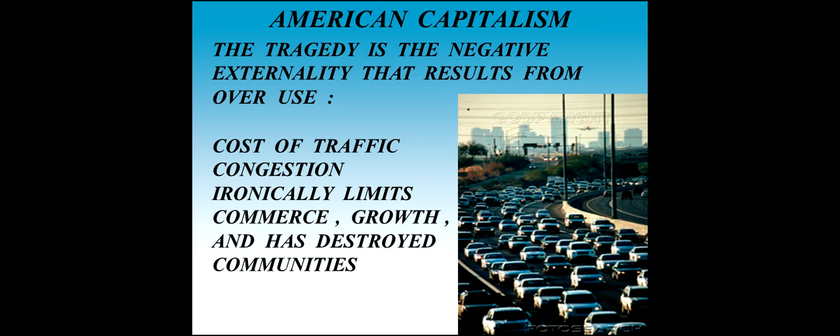And if you have an overused resource where you can't get your goods and services shipped out in a timely manner, or your employees can't get to work in a reasonable amount of time, if it takes them an hour and a half or 2 hours to get to their job location and therefore also take the same amount of time getting home, what businesses and people wind up doing as a result of the congestion is picking up and relocating to other areas where they don't have this kind of a challenge, or have to deal with this negative side effect from the traffic congestion. And as a result, it has destroyed communities.